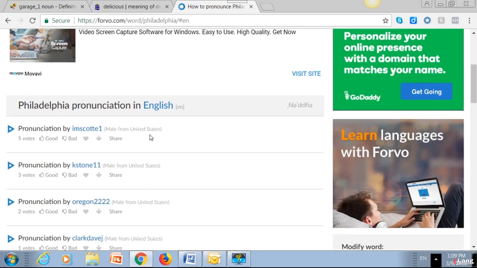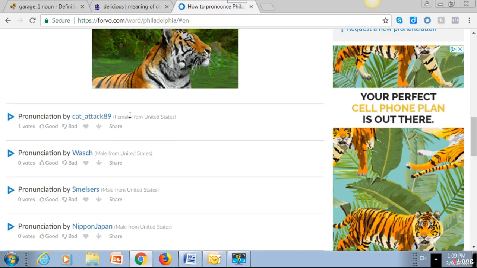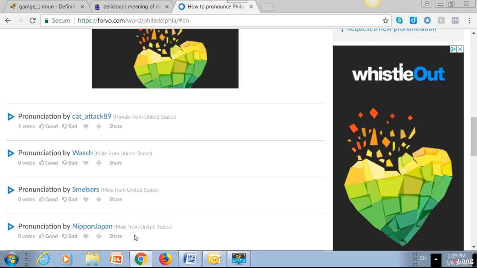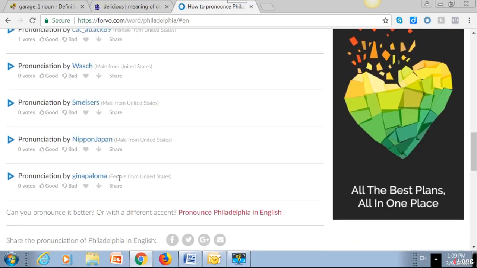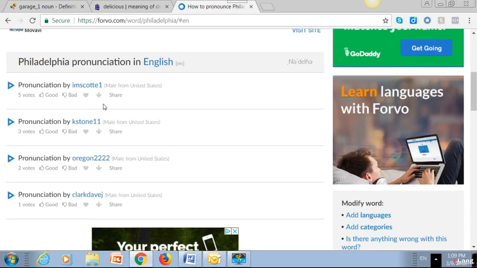A male from the United States, male from United States, male, wow. They are all males from United States. Oh, here's a female from United States, male, male, and a female from United States. So you can often hear different pronunciations by different people, different ages, whether male or female, and often they're from different places as well. Go ahead and listen by clicking here, clicking here, clicking here.